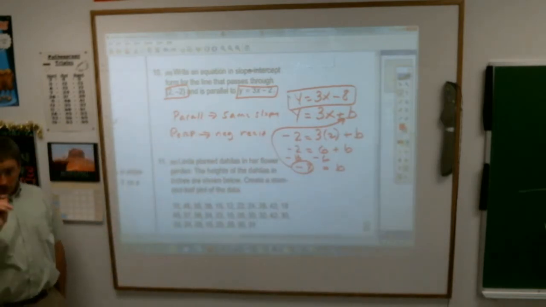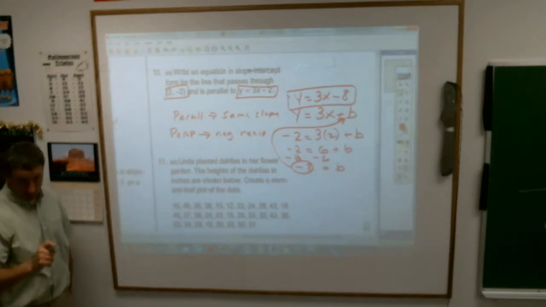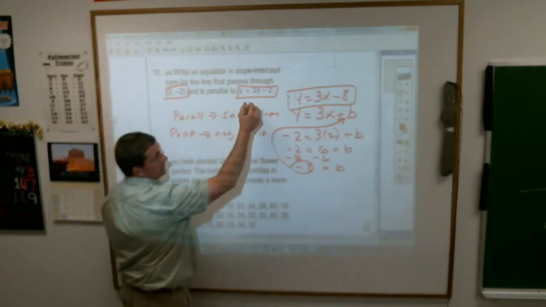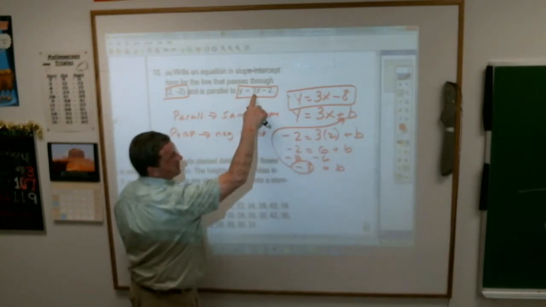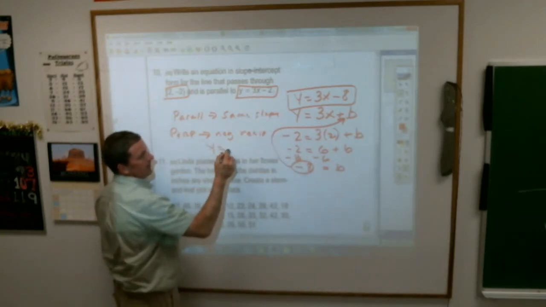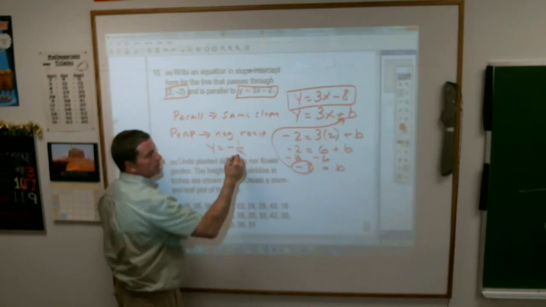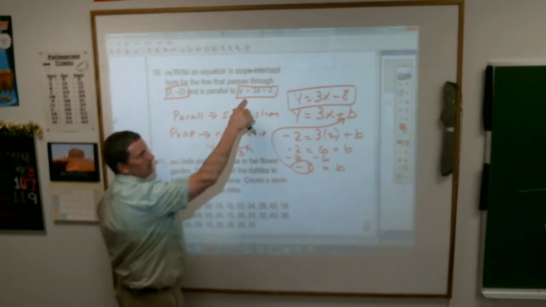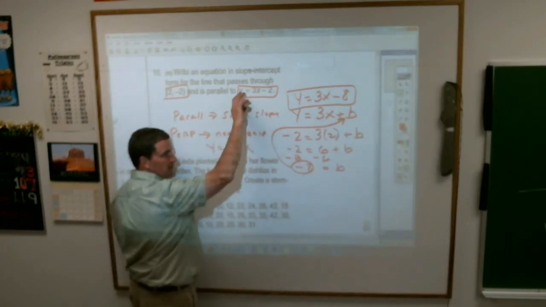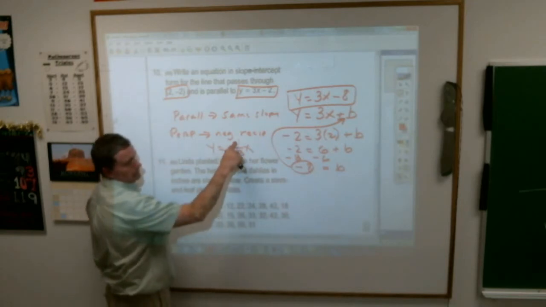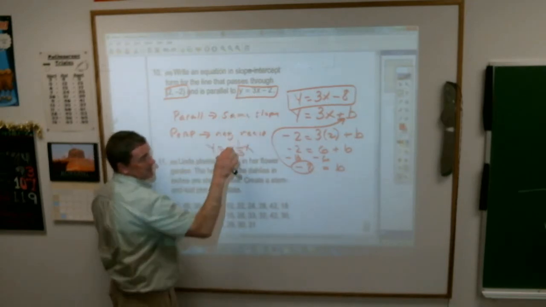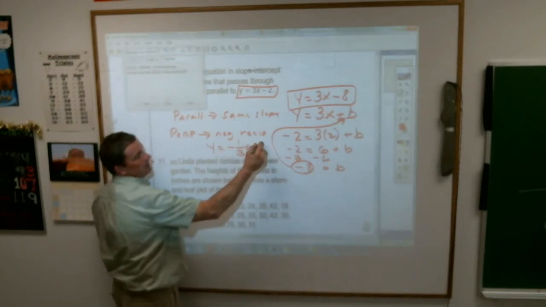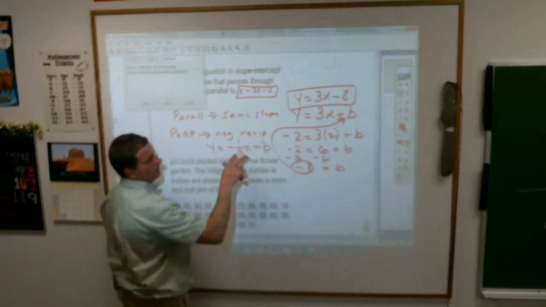If it would have said perpendicular, then you have to do the same thing we just did, except you don't start with a 3 slope. You would start with a negative 1/3 slope, because the slope of perpendicular lines is the opposite flipped over fraction. Start out being 3, I flip it over, 3 goes on the bottom. Start out being positive, ends up being negative, plus b, and then you'd have to plug those 2 points in